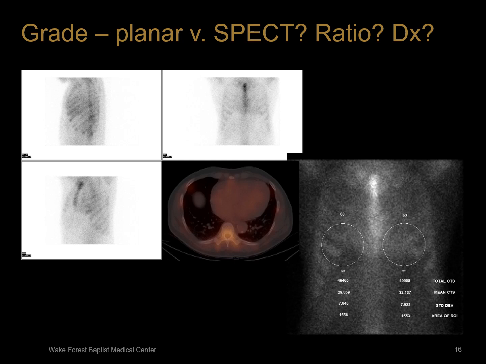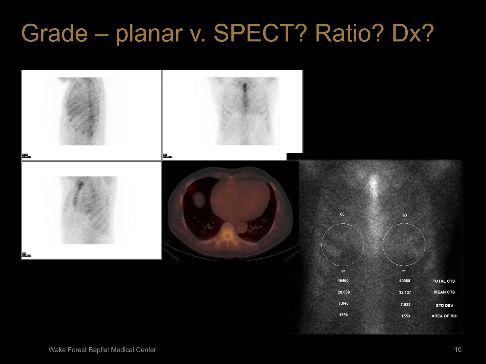So for example, on this case, you can see the patient has had a median sternotomy, looks like on the bone scan portion, but there's no uptake in the myocardium, and all uptake is in the blood pool, and the uptake is less than ribs, so this would be a grade 0 or grade 1, which is not indicative of